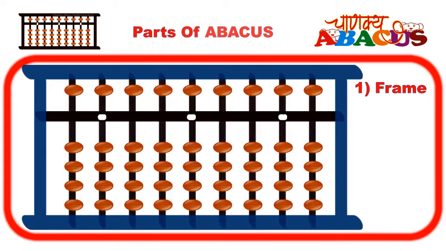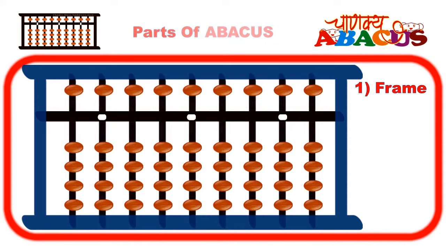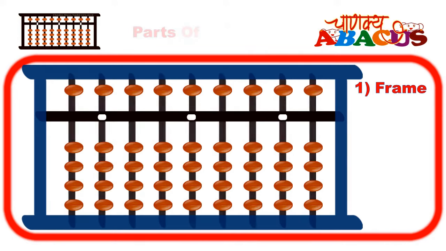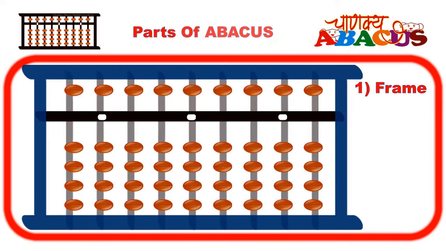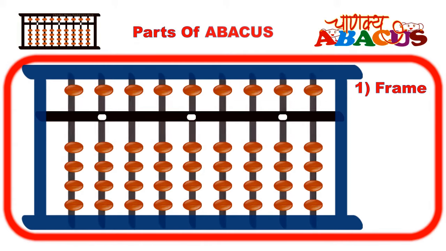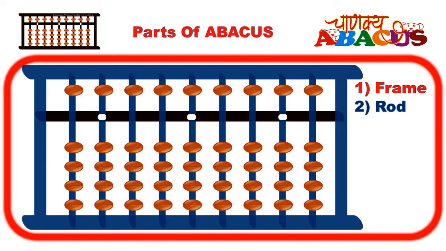The second part is blinking now. It is vertical in shape and is called the rods of Abacus. The number of rods varies according to the Abacus. Calculation doesn't depend on the number of rods; rather, the procedure for calculation is almost the same. The blinking portion is called rods.